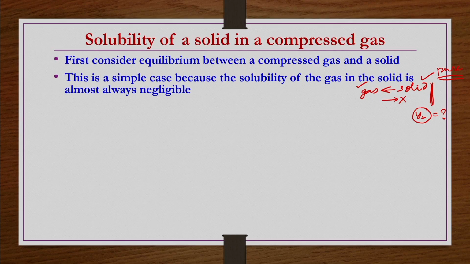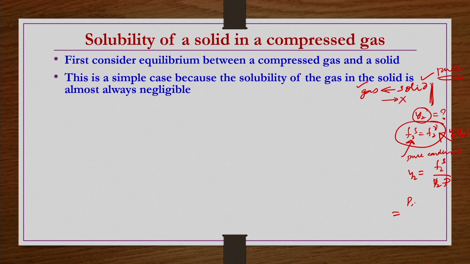While doing this, we obviously know that F2S is equal to F2V. For F2S, the solid phase is almost pure because gas is not dissolving into the solid, whereas the solid is dissolving into the gas. So the solid phase is almost a pure condensed form. We have already derived this, and F2V is nothing but Y2 phi 2P. So from here you can get Y2 is equal to F2S by phi 2P.